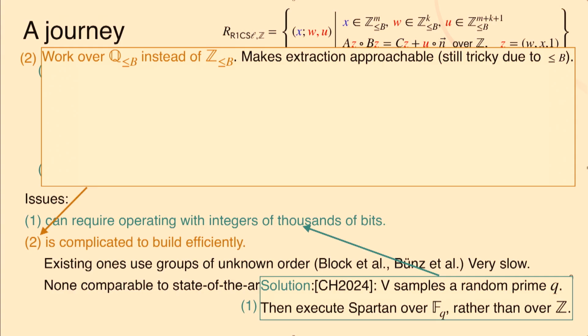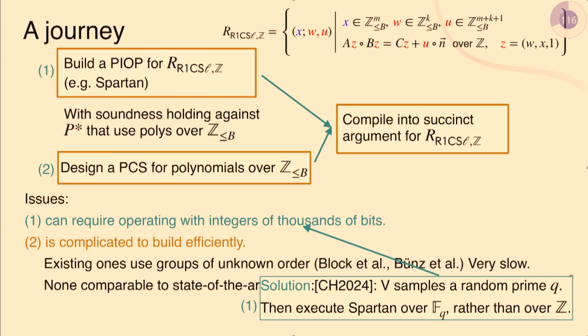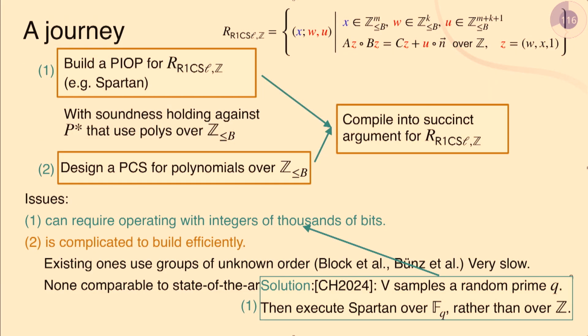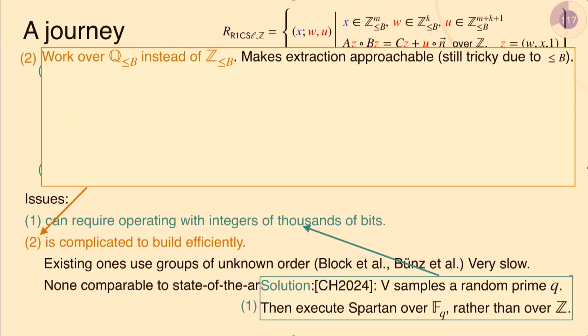Now, regarding 2, we want to use this trick. We're going to use the trick of Campanelli and Hal Andersen. Now, 2, as I said, the issue with building PCSs for polynomials over Z is that it is difficult to extract the integer polynomial. It's not that difficult to extract some rational polynomial, if you don't care about the size of